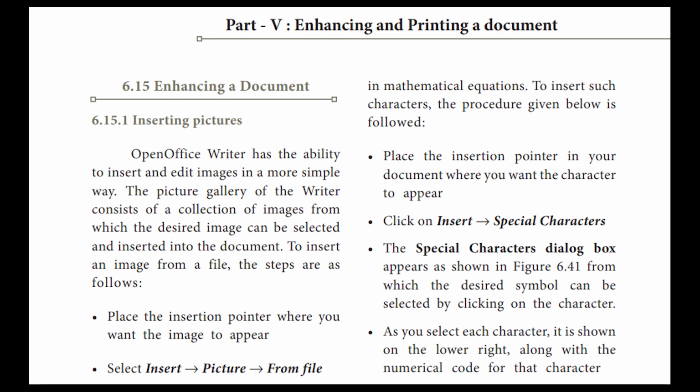So inserting shapes, if you want to draw a box, a square shape will be there. With the square shape you can just take the square and draw. Likewise, you can enhance the document or that particular text and present it differently, right? And about printing, how to print a document, you will also be learning in this word processor chapter, okay?